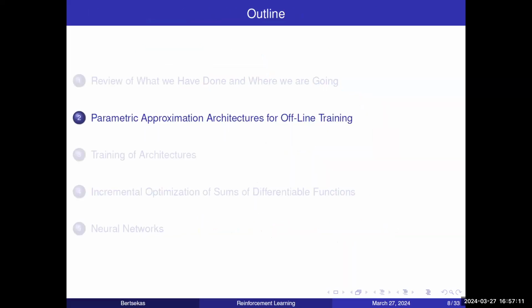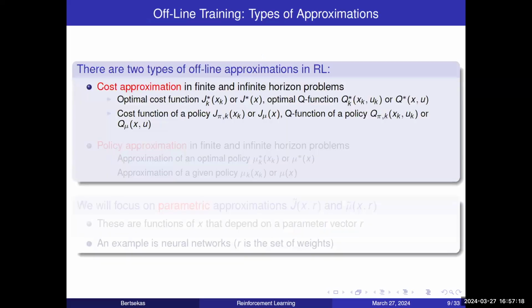Now let's cover the parametric approximation architecture used for offline training. There are two types of offline approximation in reinforcement learning. One is cost function approximation in finite and infinite horizon problems. So we may